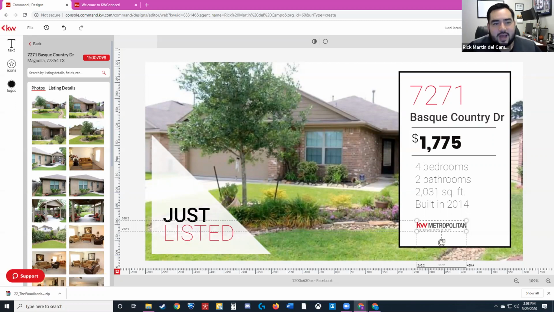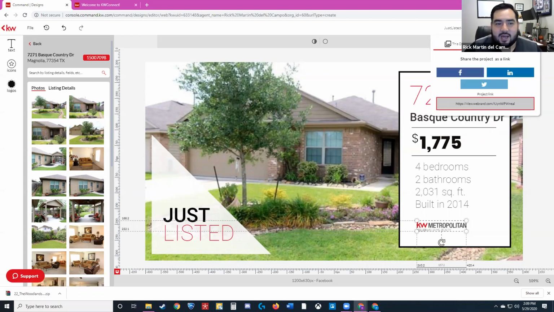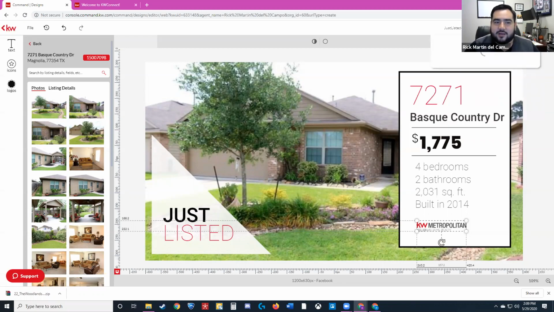The share, I know it feels like it would be very easy. You can just share, and it's supposed to let you connect to social. Once your Facebook account's connected, ideally you would be able to share it directly from here. The issue is that at the moment, it shares it as a link. So once we get an update, I'll make sure to let everyone know. But at the moment, the best way is to download the image.